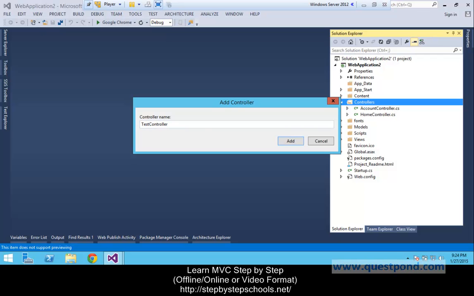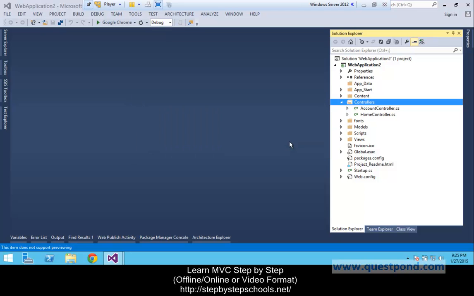The reason why Controller was not selected is that MVC is also called a convention based approach, where it is very important how we name something or where we keep something. Let me elaborate. In MVC, every controller must contain the keyword controller at the end. For example, if you want to create a controller called test, the name should be TestController. If you want to create a controller called customer, the name should be CustomerController. So let me click on add now.